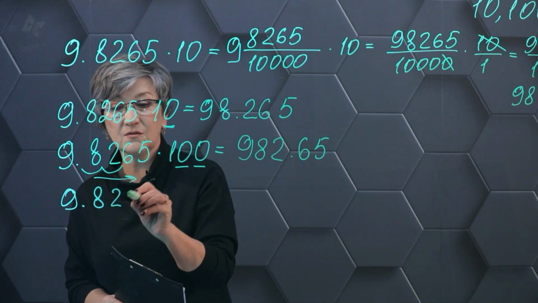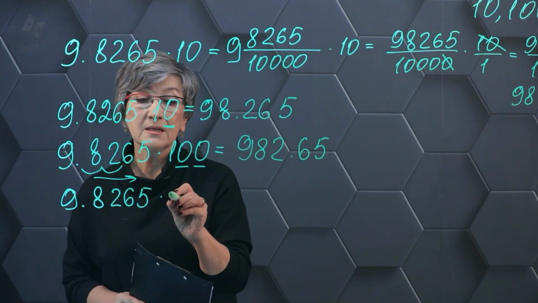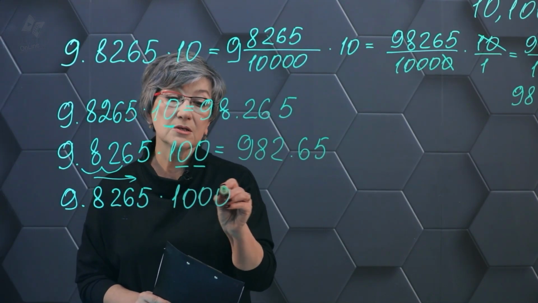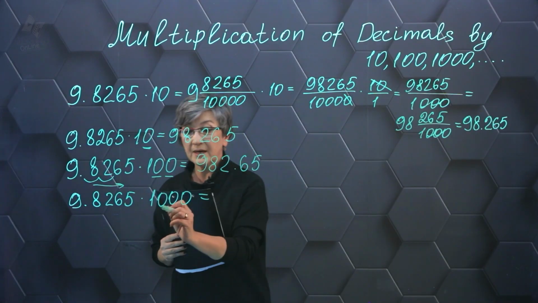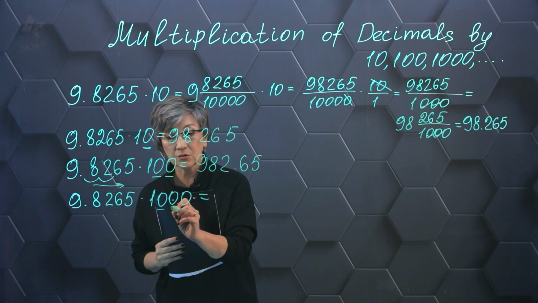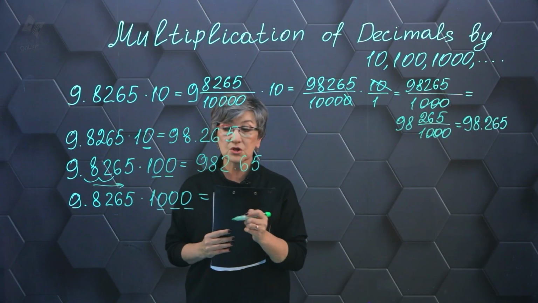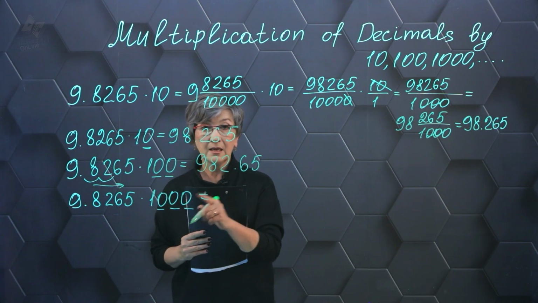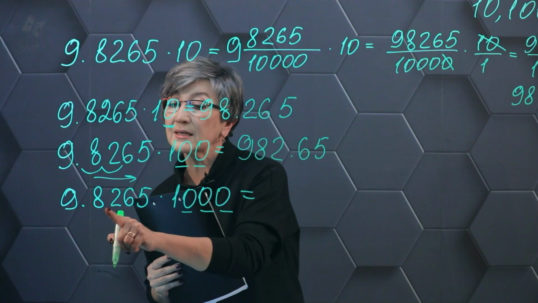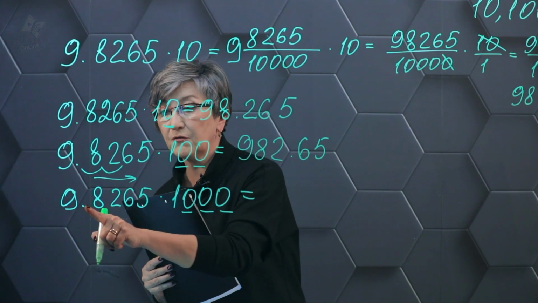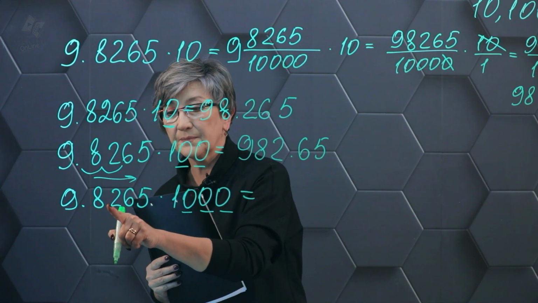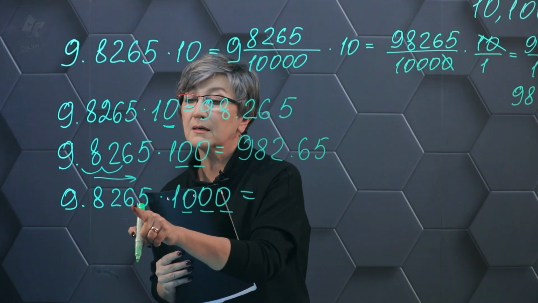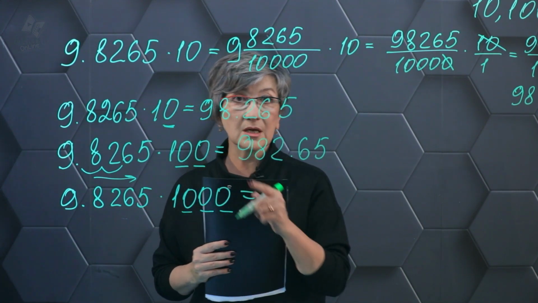9.8265. Let's multiply that by 1,000. Let's pay attention to how many zeros are in our multiplier. That's 3 zeros. Therefore, I have to move our point 3 positions to the right, 1, 2, 3. That is, our dot will be after the number 6. I write down the answer,